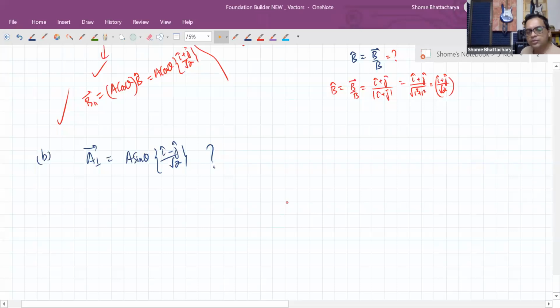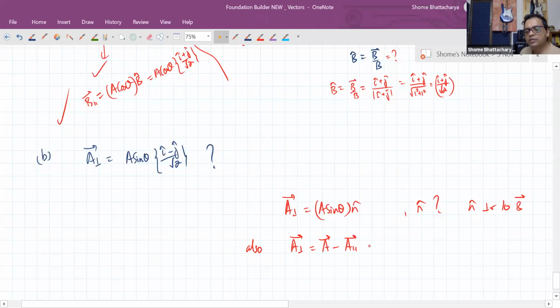Now we know that this A perpendicular is basically A sine theta into some kind of unit vector. But which unit vector is that? This n cap is perpendicular to B. So how do we find it? Also, we know that A perpendicular is the vector A minus the parallel component. So given that the vector A